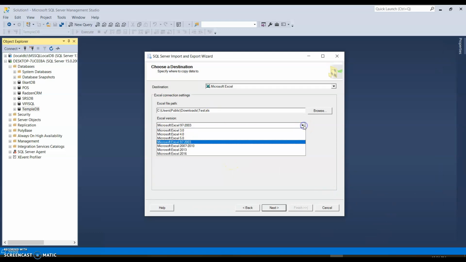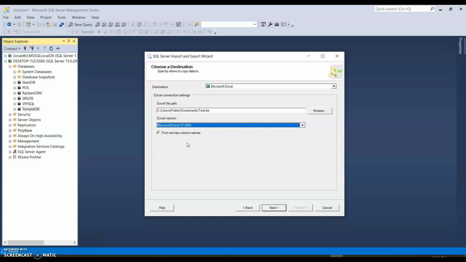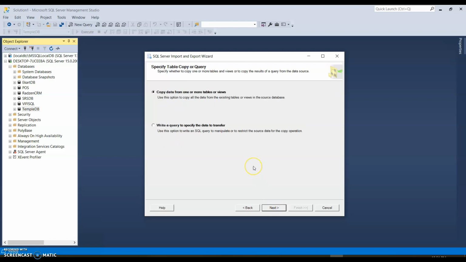I will not choose the other Excel option because it is throwing an error saying that OLEDB drivers are missing. There are ways to fix that also, but for this video just let us stick to Excel 97 to 2003, and since our database rows have column names, we will leave this as it is and click on next. And I'll also leave it at default.